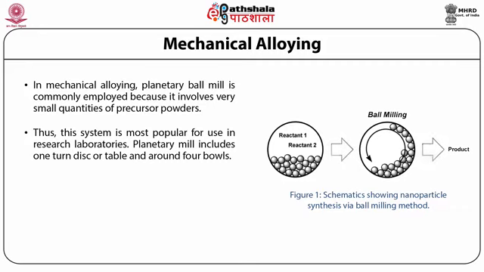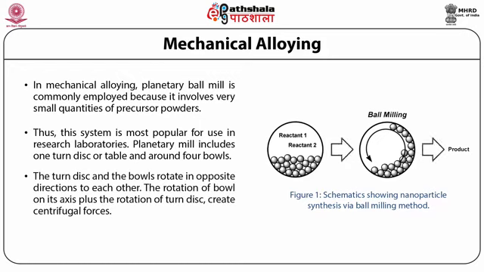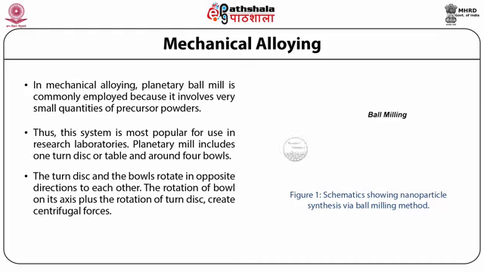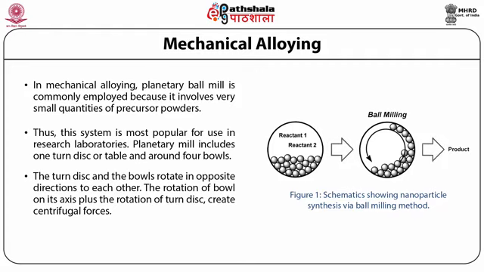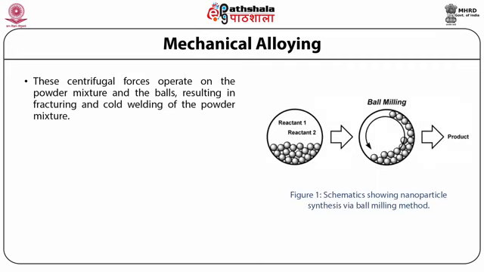Planetary mill includes one turn disc or table around four balls. The turn disc and the balls are rotated in opposite directions to each other. The rotation of the ball on its axis plus the rotation of the turn disc create centrifugal forces. These centrifugal forces operate on the powder mixture and the balls, resulting in fracturing and cold welding of the powder